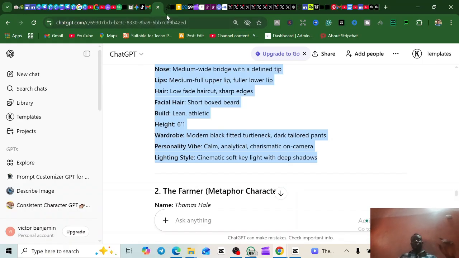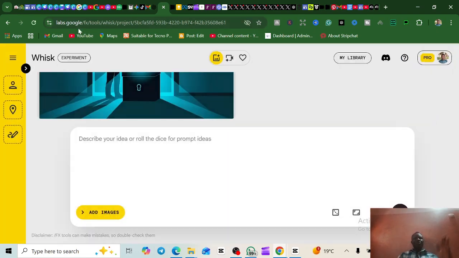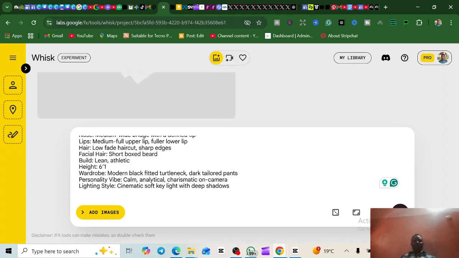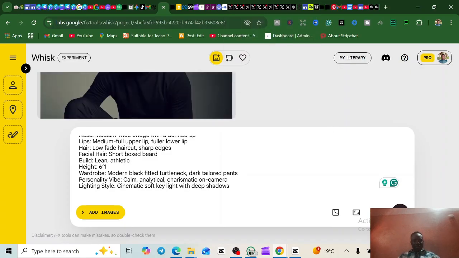You can use a lot of platforms, but I prefer Whisk, right? It's a Google AI tool. So this is Whisk. Just type Whisk. You're now going to paste what you've copied here. Paste it, right? We're now going to tap on enter, and let's see how it creates the image for us. Now, another thing you can do is use other AI. Okay, you can see it has already generated it.